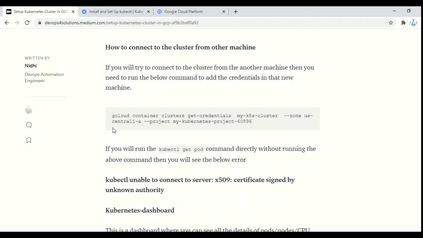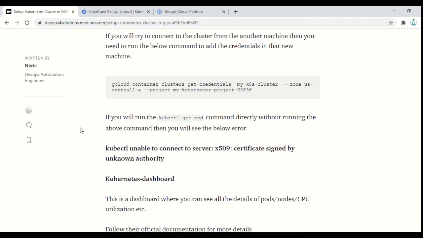For that, you need to run this command gcloud container clusters get-credentials, and this is your cluster name, your zone, and the project name. So this command will get the credentials of that Kubernetes cluster on that machine, and after that you can run normal kubectl commands. I will be creating a different video on this also, how this functionality works.